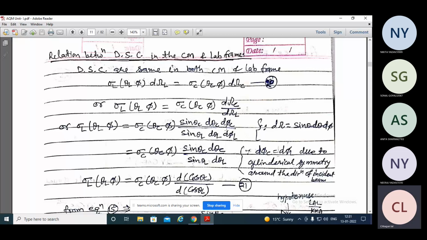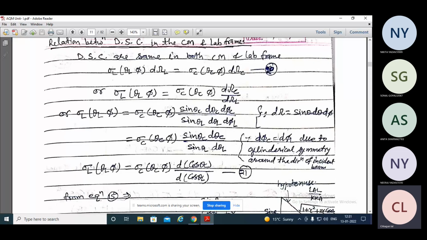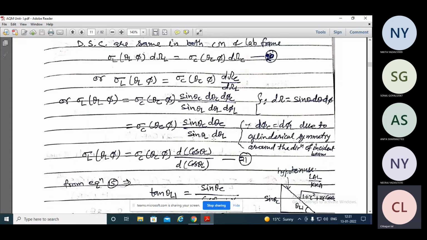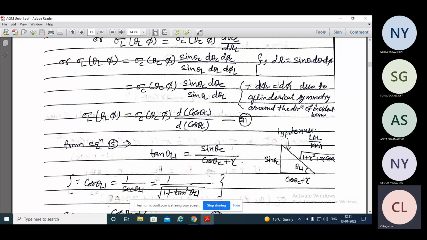So exactly the same. So that's why d phi c is equal to d phi l होता है। तो ये क्रॉस आउट होगी टर्म, ओनली ये टर्म बचेगी sin थीटा सी d थीटा सी और sin थीटा l d थीटा l। तो वी कैन रिप्रेजेंट हियर sin थीटा सी d थीटा सी, और हम इस sin थीटा सी d थीटा सी को ऐसा लिख सकते हैं d ऑफ cos थीटा सी, यानी कि डिफरेंशिएशन है ये cos थीटा सी का। ऐसे ही हम नीचे वाली टर्म को भी लिख सकते हैं जो डिनोमिनेटर में दिया हुआ है, और ये जो डिनोमिनेटर में दिया हुआ है ये है d cos थीटा l है। दिस इज द इक्वेशन नंबर 21।